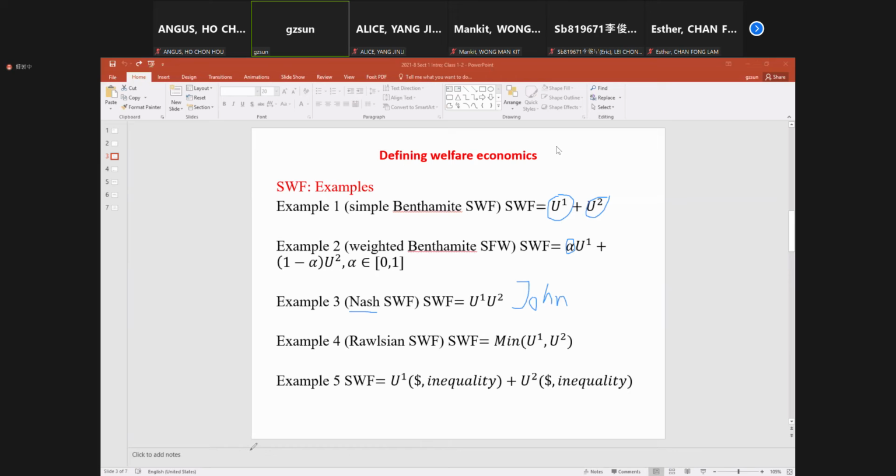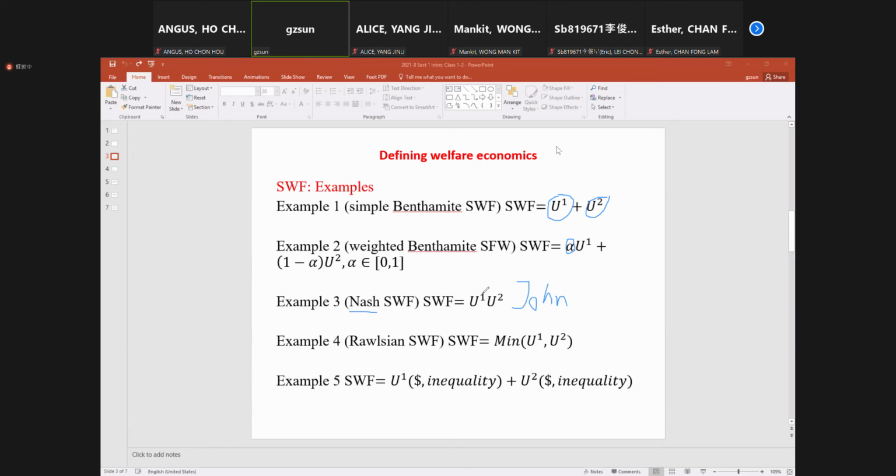In the middle of the 1950s, he published a paper about bargaining. We do a lot of bargaining in the market. He tried to develop a general, powerful theory about bargaining. And in that paper, he mentioned one idea: that in the bargaining process, eventually, the people care about this.